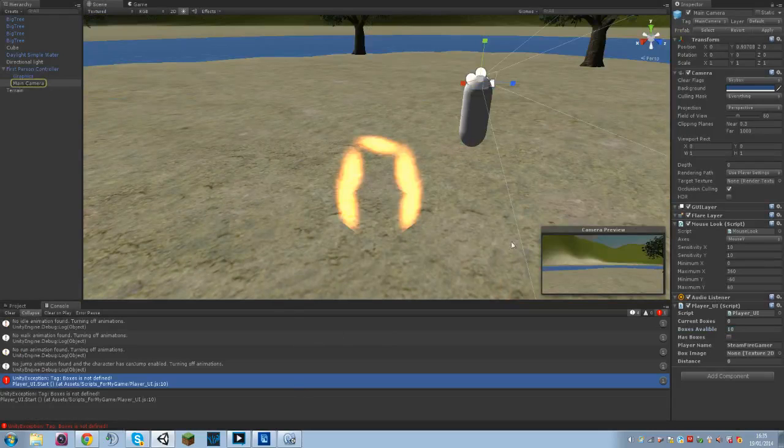Boxes is not defined as a tag. So tag boxes does not exist in this thing here. Look, no boxes in here at all. We can't set anything to be a box. But we're going to look at that in a minute. So, what we're going to do now is actually